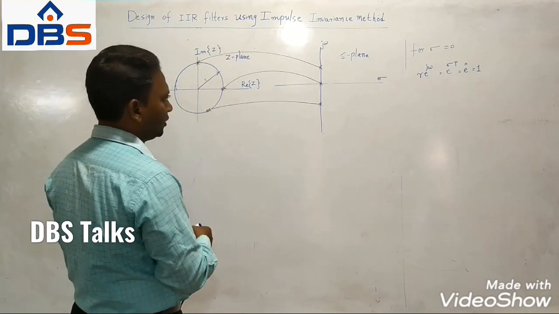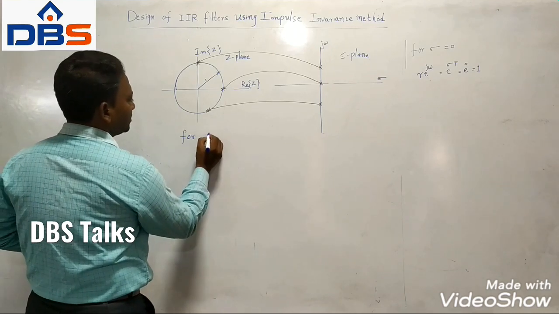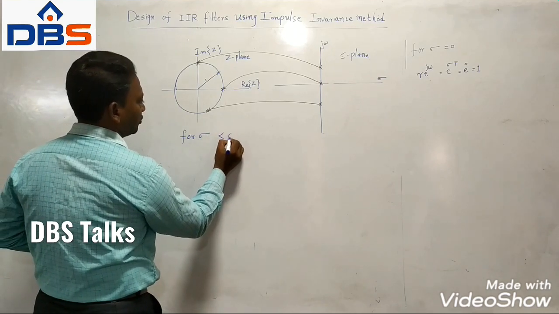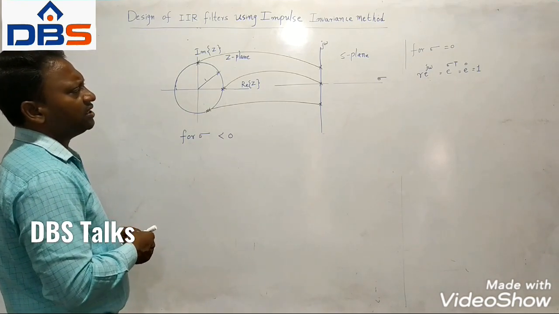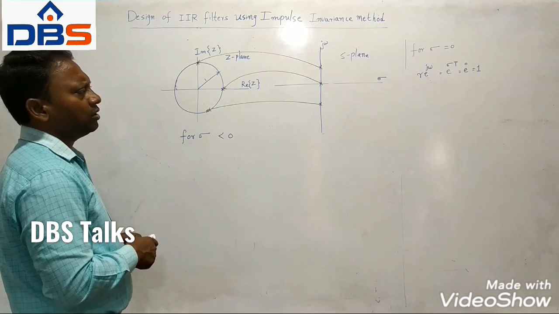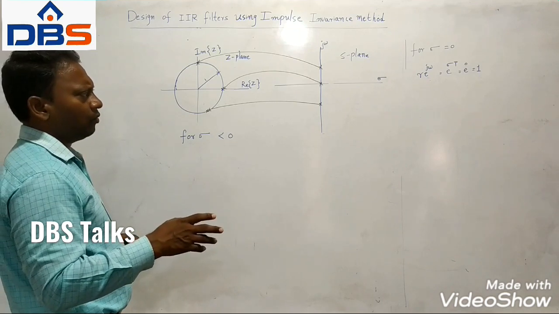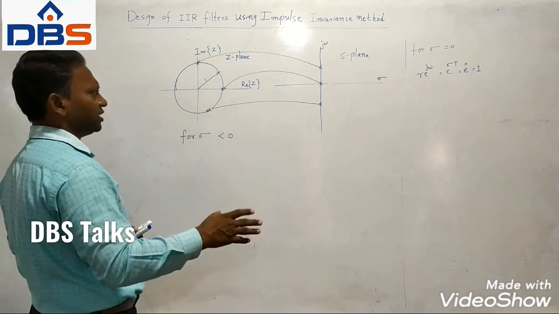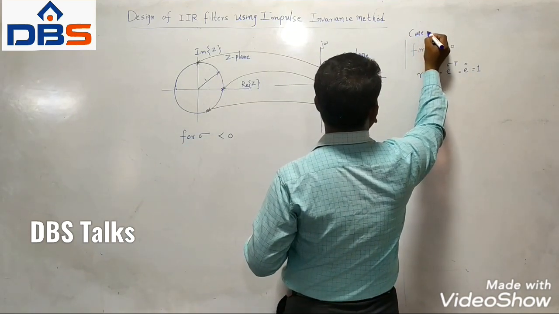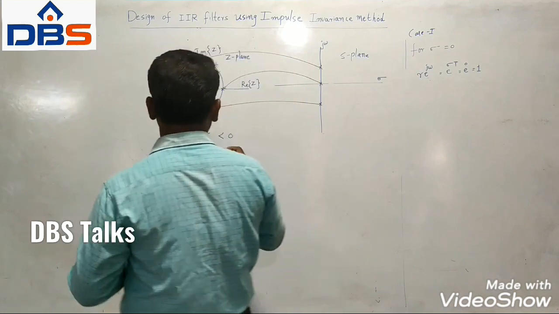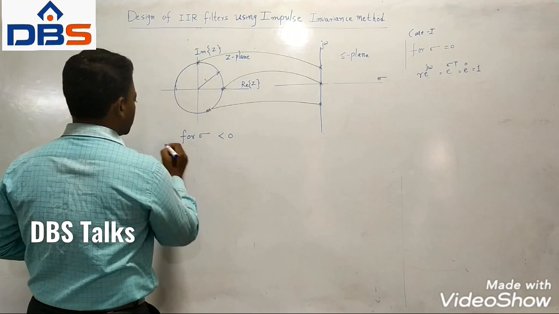Okay, now the second one, for sigma less than 0. When sigma is less than 0, we are having the condition r into e power j omega is equal to e power sigma t, because e power j omega t magnitude is 1. So in that sense this is case 1, and this is case 2. The case 1 corresponding diagram is this one. Now for case 2,